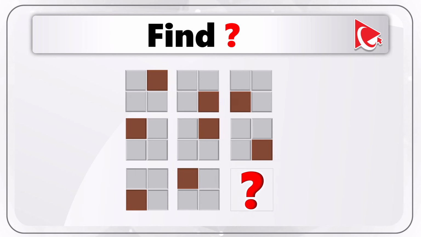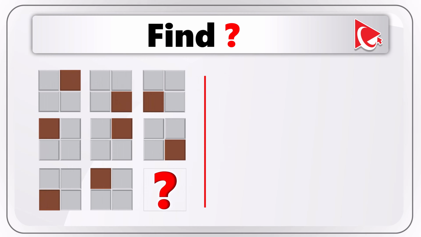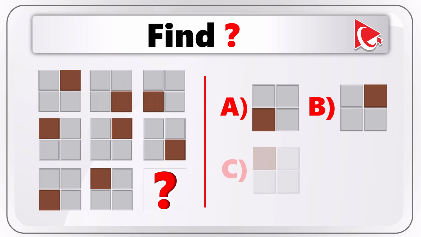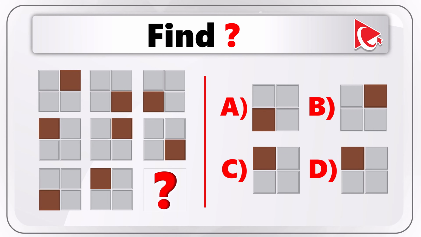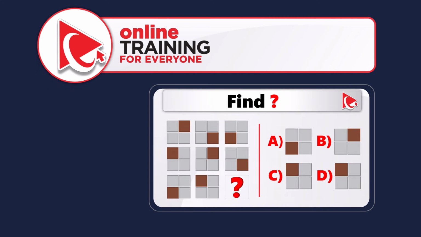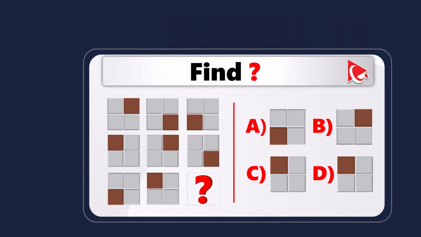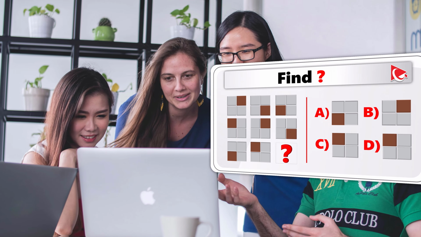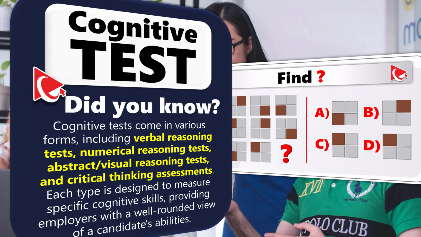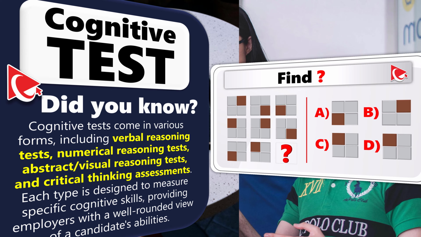which is the 9th square out of 4 possible choices. Choices A, B, C, and D. Take a close look, maybe pause this video to see if you can come up with the answer. I think I found my version of the answer, and I'm looking forward to sharing with you my problem-solving strategies. Let's dive into the solution together, and as usual, if you have any unique ideas, please share them in comments